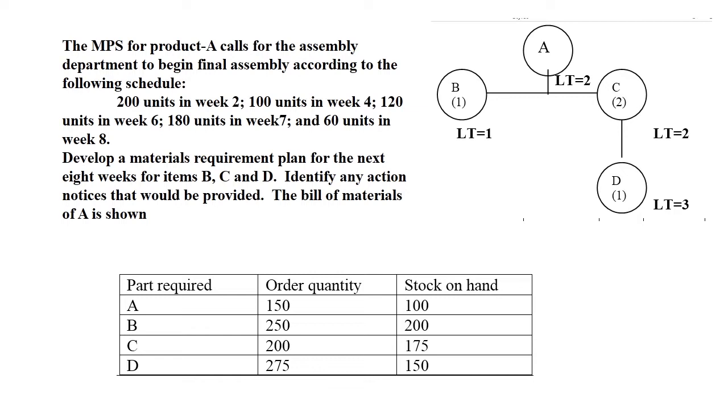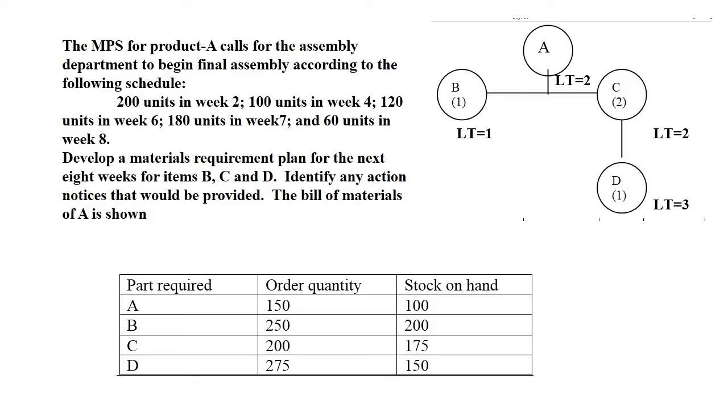and so on. And the bill of materials gives the product structure tree of product A. What is given in the brackets is that to make one A we need one B, whereas to make one A we need two C. So two components of C are required for assembling one A, and again to make one C we need one D. Other information given in the product structure tree is lead time. Lead time is the time gap between order placement and order receiving.